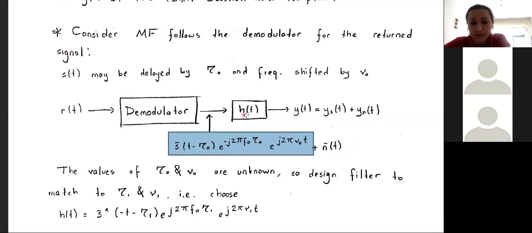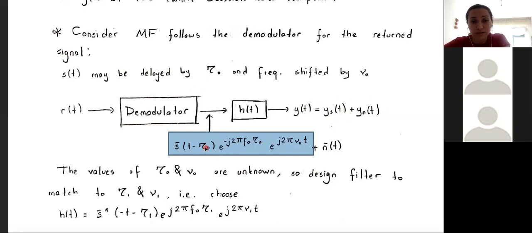And here we're going to process this demodulator output. Let's say that we're going to process it with a filter h of t, and let's call our output y of t, which is going to contain both a signal part and a noise part. Here, the important thing is, of course, we don't know the delay, tau 0, because we don't know the